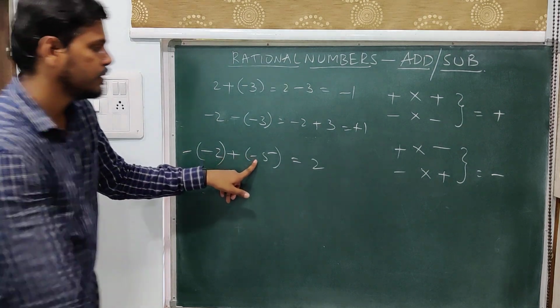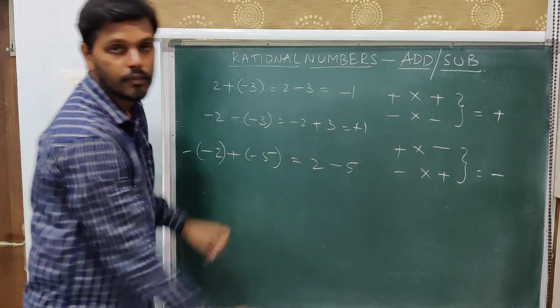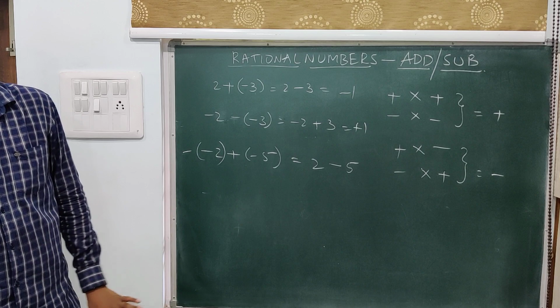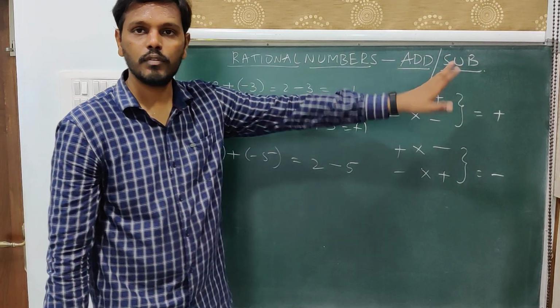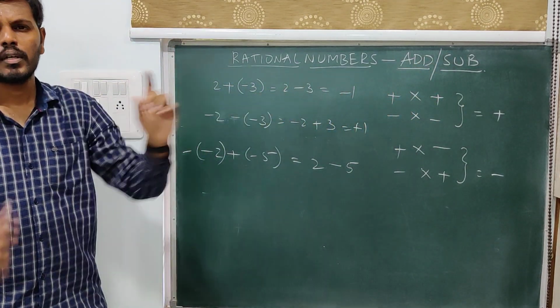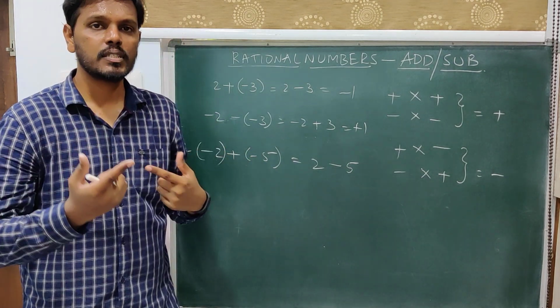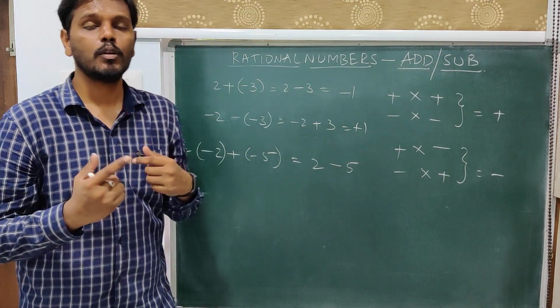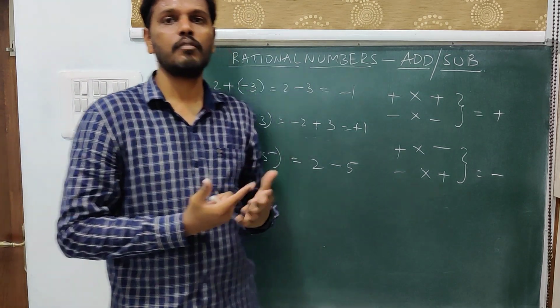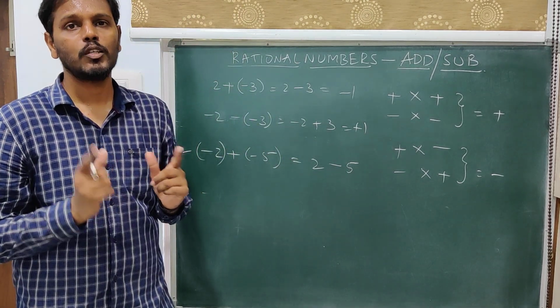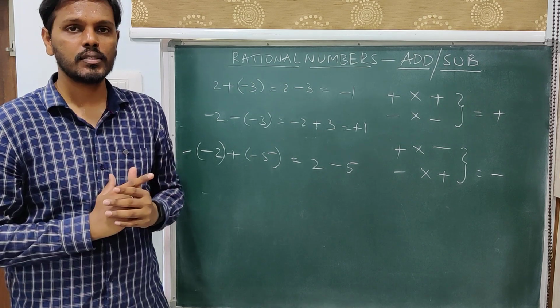Now plus into minus, minus 5. So the multiplication operation is done. Now we need not look into this. Now we go with the second rule. The second rule is, if you have numbers of different signs, you will subtract and you will put the biggest number's sign. If you have numbers of the same sign, you will add them and you will put the biggest number's sign.